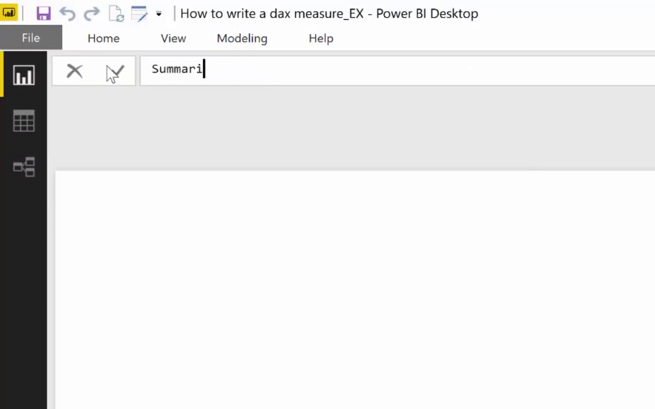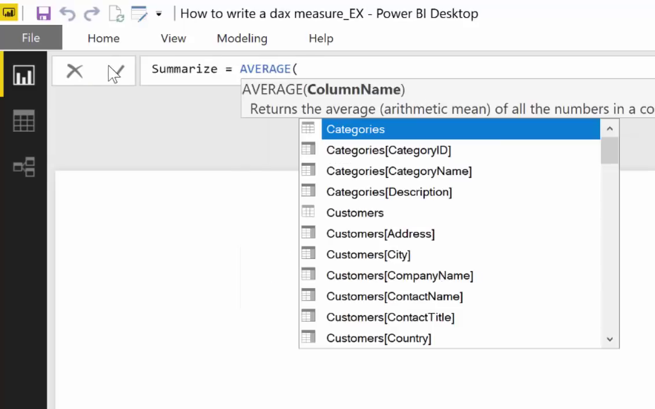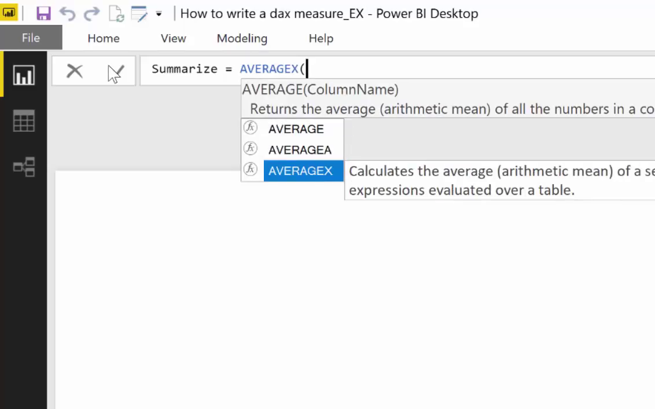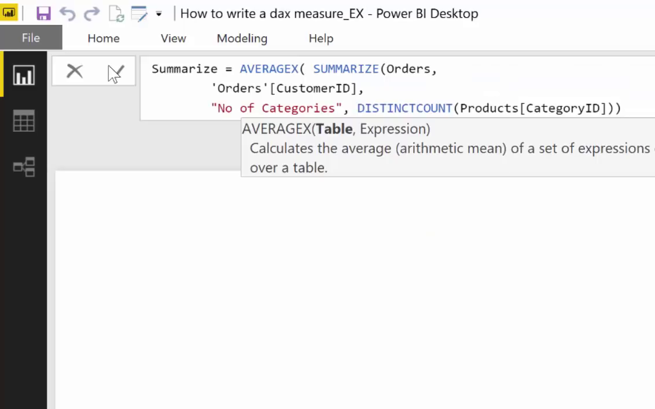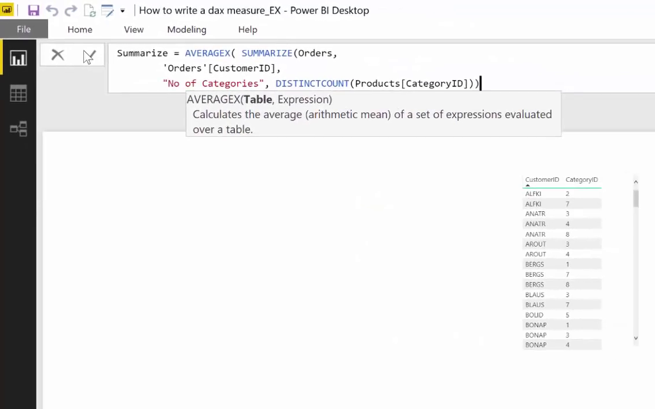we call it summarize, and then we write average. And AverageX, I also have a video on it, on how to use the AverageX function. So link below, and maybe it will pop up something on the right, okay? So what you need is a table, and the table is the table that we just created. Is that summarize table. So we have average, we want to create the average on that table of the number